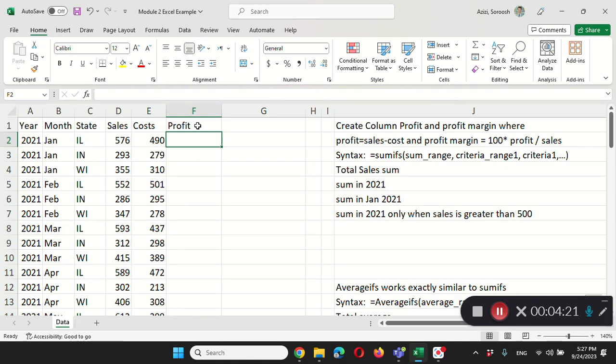So one way is to calculate them row by row. 576 minus 490 is 86. Then this one, 293 minus 279 is 14. So I'm going to just type 14. But this is really cumbersome and